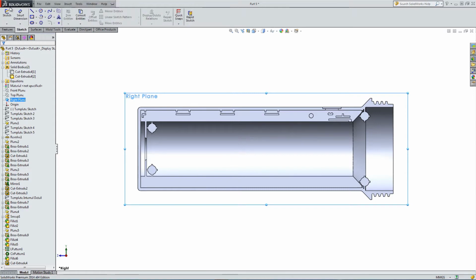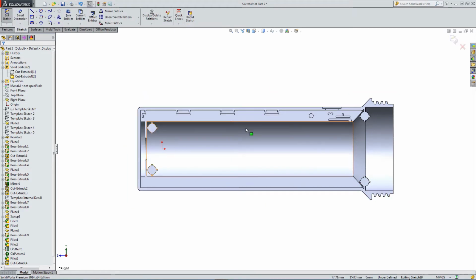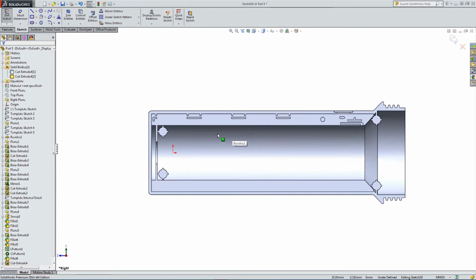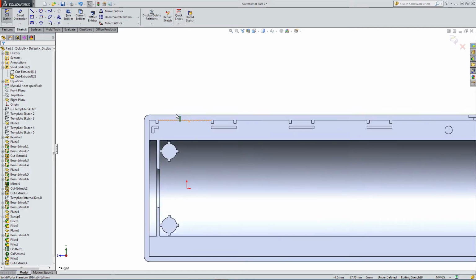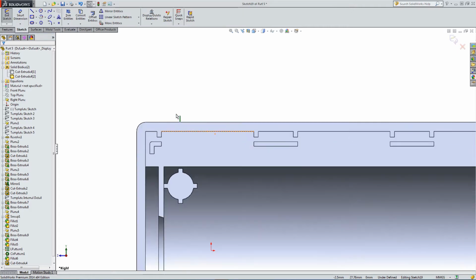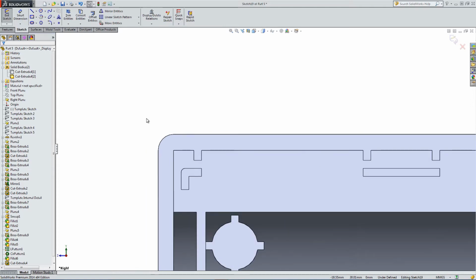But we need to add some interlocking detail rather than just cut the two parts. So I'm now drawing on the right plane, and we need to add some interlocking ribs. So zoom in. We need to start creating some geometry. So let's start